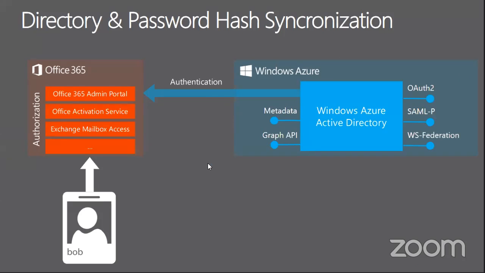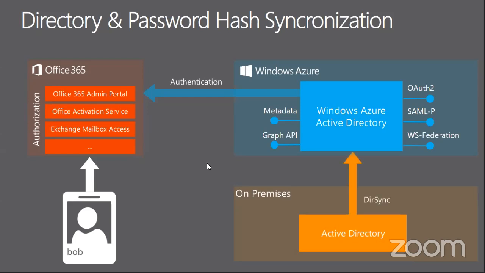So when the authentication request is being relayed, since an engine like directory synchronization through Azure AD Connect has already replicated those identities in cloud, your users don't have to enter multiple usernames and passwords. So this is the second scenario. The first scenario, of course, by default is the cloud only identity. The second scenario is directory and password hash synchronization. So what's happening over here is that the authentication is taking place in cloud, but